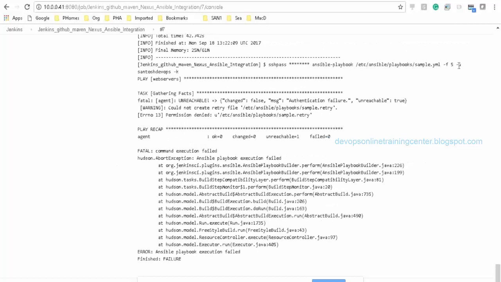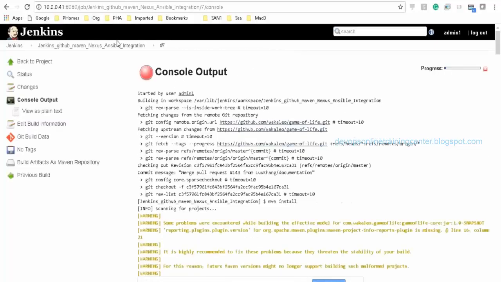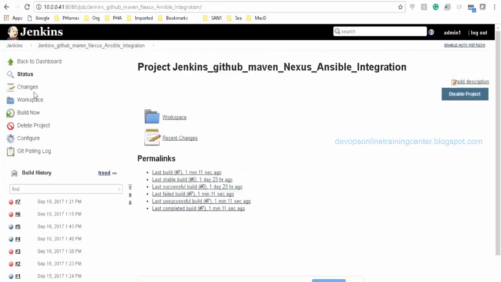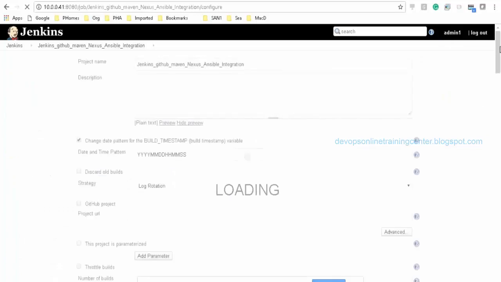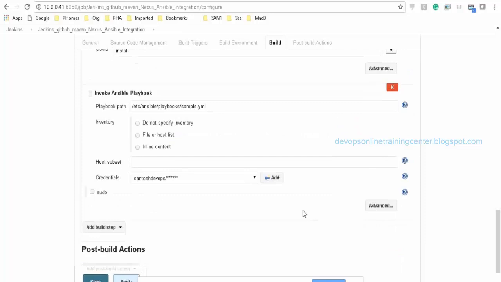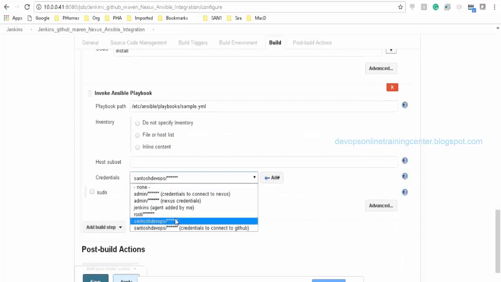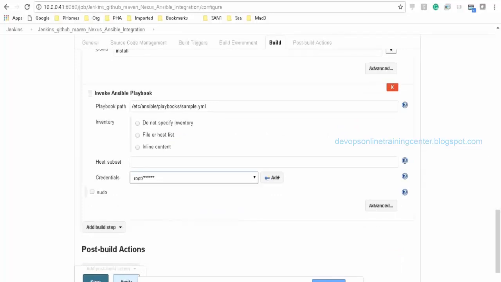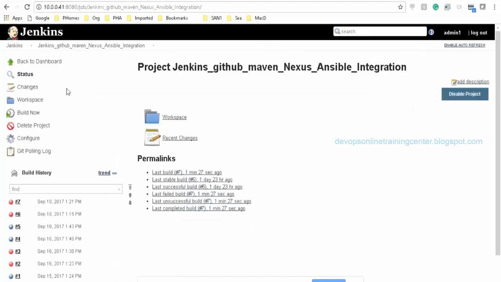Okay, somehow it is executing as this user. Something is wrong with the user. We did not create anything in user, right? Let me see. Okay, I have given the username as the other one. We have to give root. That's why it is saying permission denied. Okay, let me try to execute again.